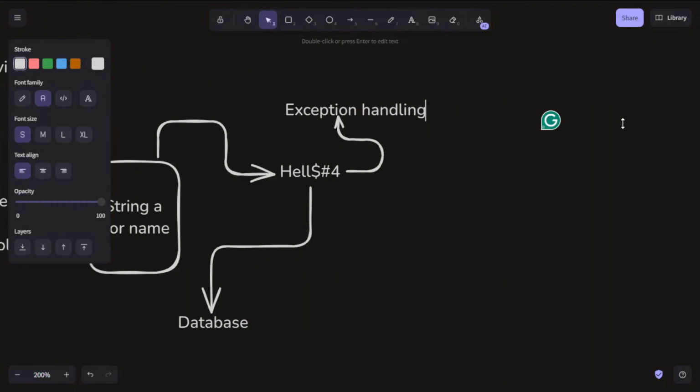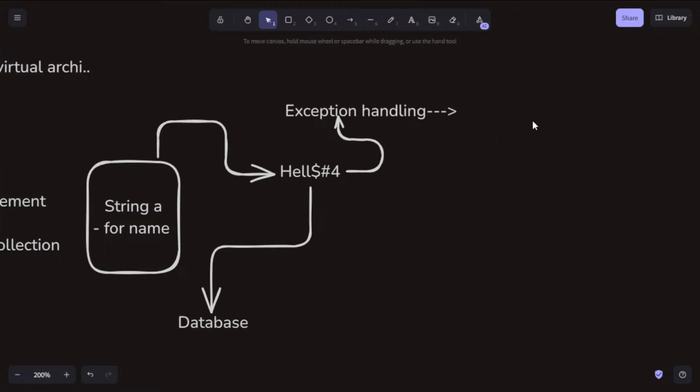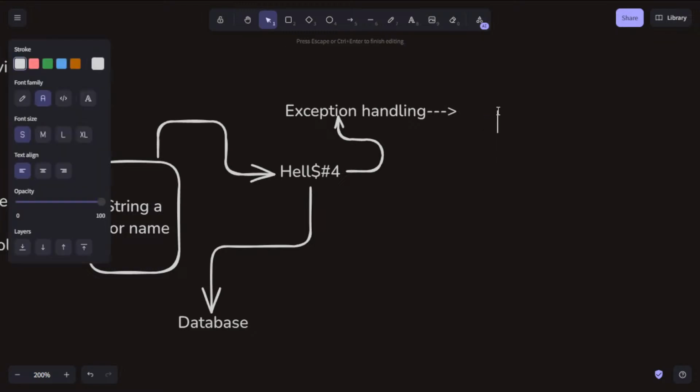And what is exception handling? Whenever you use exception handling, you write try, and in this try block, whatever we need to check, if at the time of comparing things we find any unexpected error in the code, then we catch it.